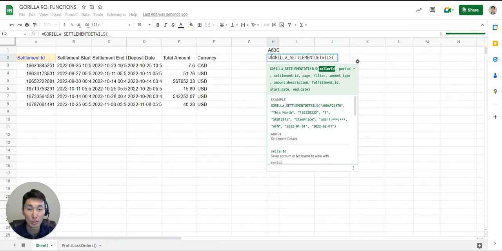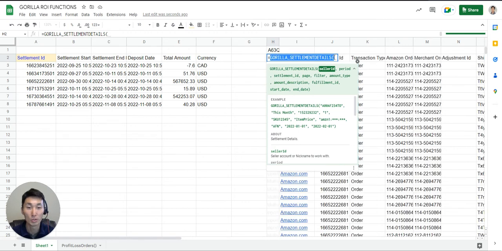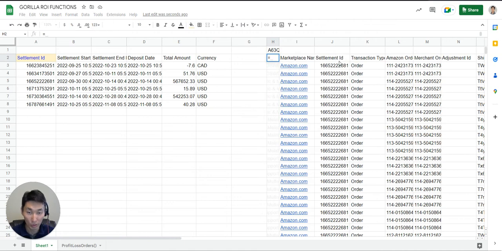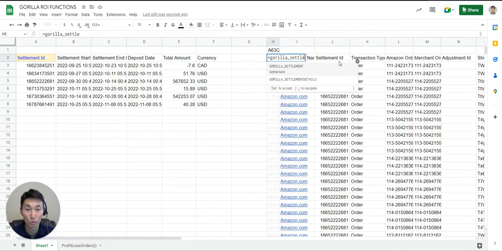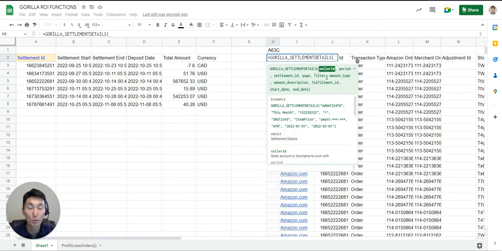The first one is going to tell you, actually, let me start that again. As you type it in, you'll see that the formula will drop down and then you can select the one that you want to go with. Gorilla underscore settlement. And then you'll see these two, select details. For the seller ID again, I'm going to select H1, comma. For the period, let's say I want to get the details for last month again,